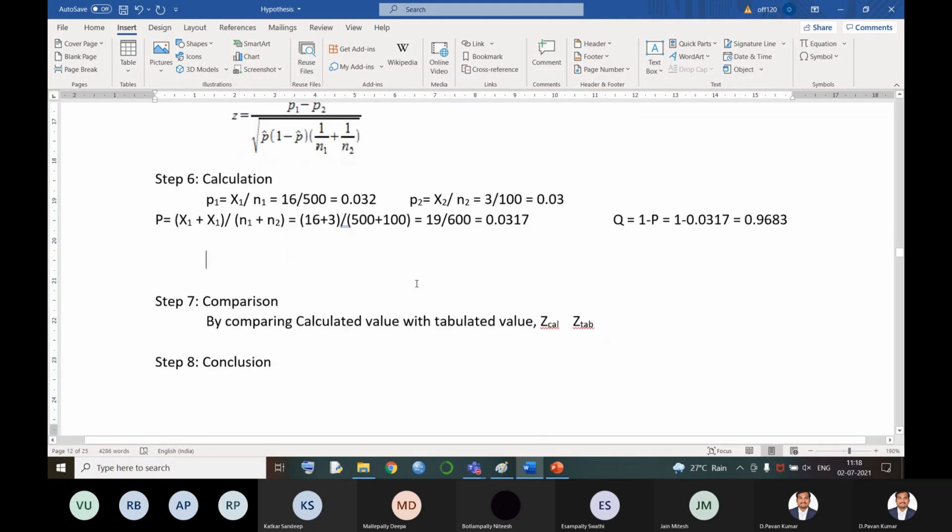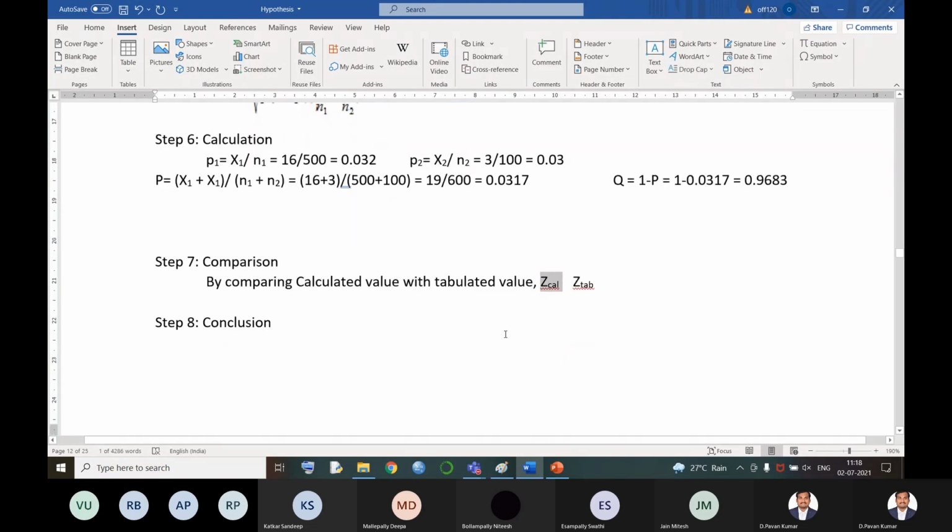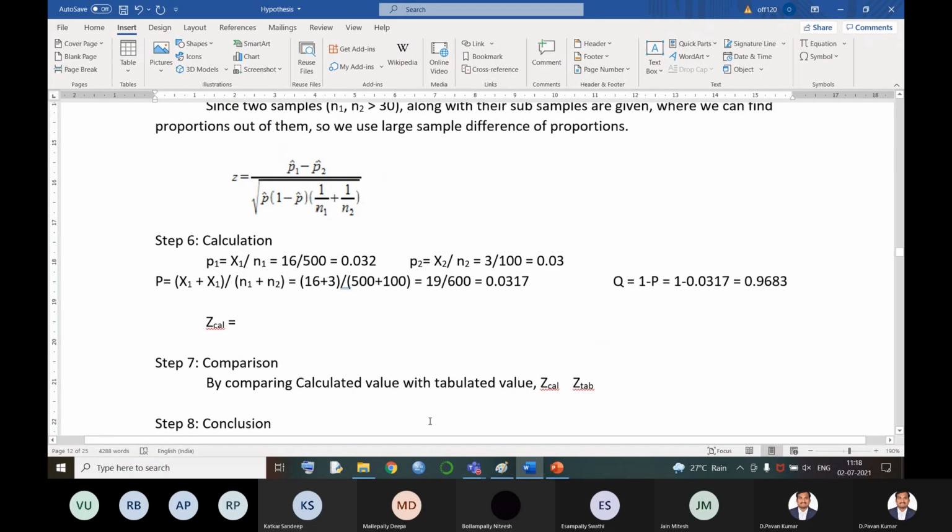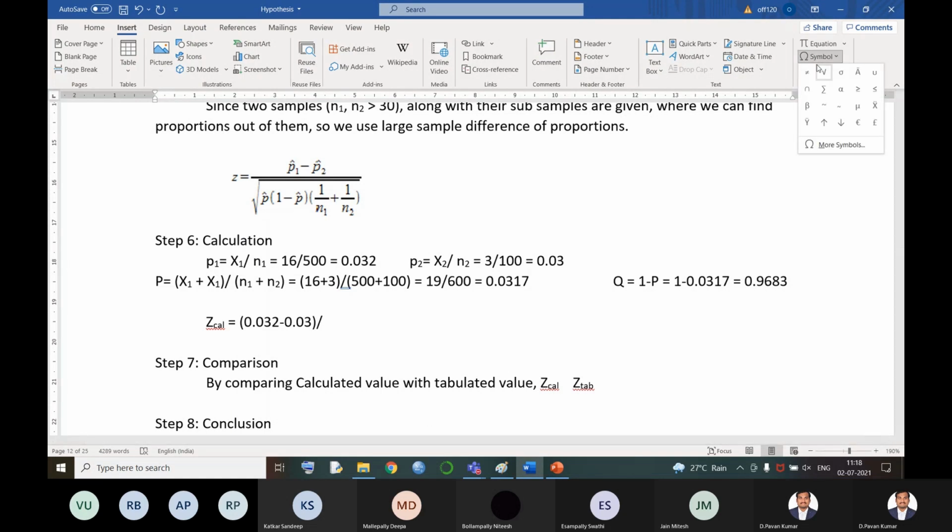Now, what is our formula to substitute? Zcal is equal to, let's see the formula, small p1 minus p2. So let us keep them in the brackets. 0.032 minus 0.03 whole divided by, now since we have a huge square root, I'll just keep them in the bracket. First let me go with the square root, under square root,